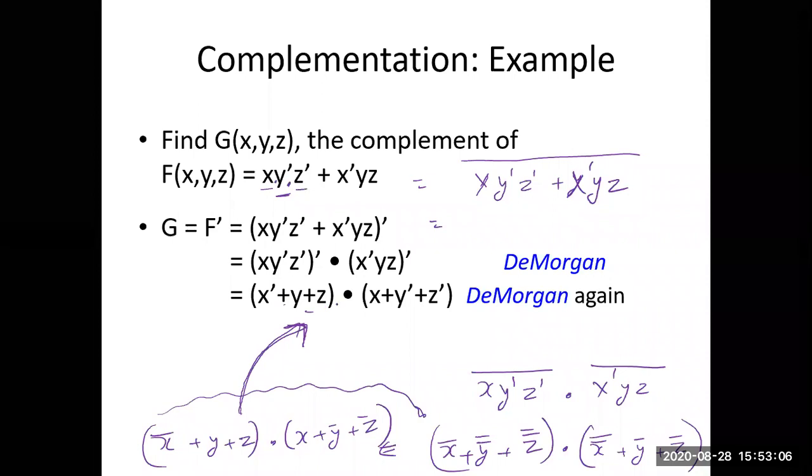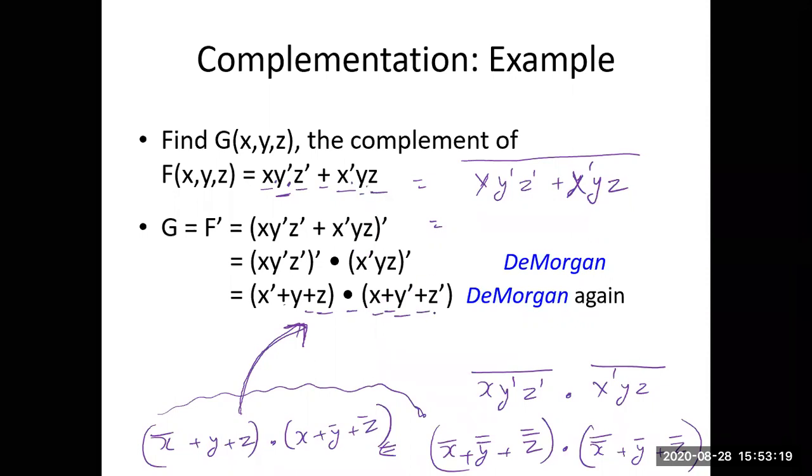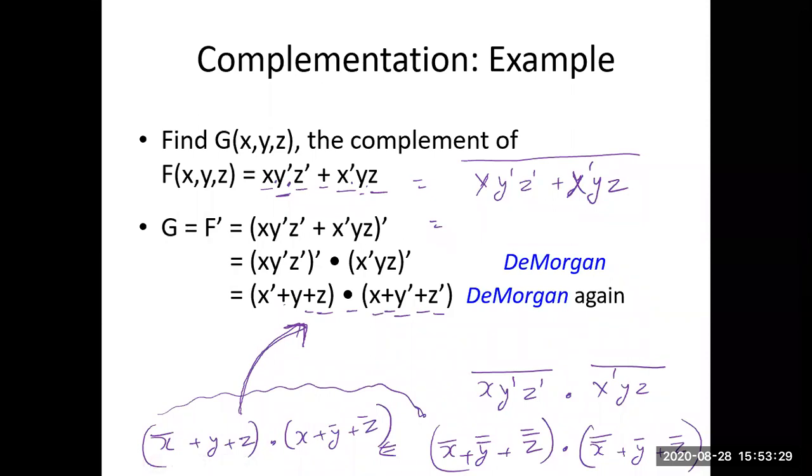This is your z bar, you need to write z. This is your plus, you need to write dot. This is your x bar, you need to write x. This is your dot. In place of dot plus y bar, dot is converted into plus, z is converted to z bar. Okay, so basically you can apply either in this way or in this way. Both the ways are correct and both the ways will result in the same answer.